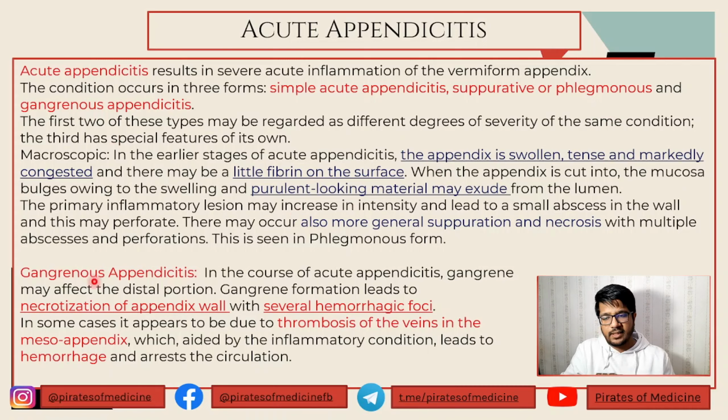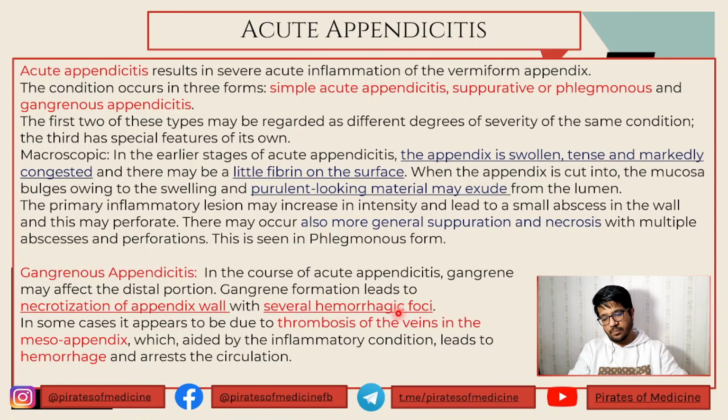Now, gangrenous appendicitis is different because in this, gangrene will affect the distal portion of the appendix. The gangrene formation of the appendix leads to necrotization of the appendix wall, and various small hemorrhagic foci are seen in the appendix. Now, this mainly is due to thrombosis of the veins in the mesoappendix, which leads to hemorrhage, and these several